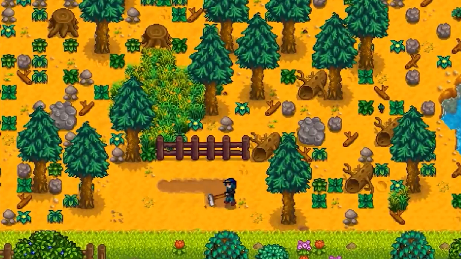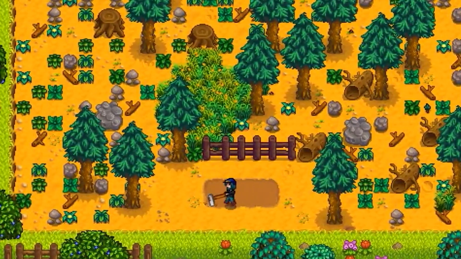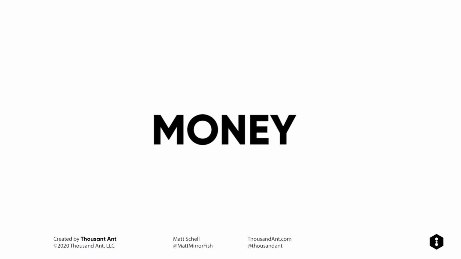One of the things that playing Stardew actually crystallized for me, thinking about it in relation to Animal Crossing, is how much of a role money plays in the game. And money is obviously a rich, complicated, interesting historical and political theme. And it's also an interesting theme in terms of game design.